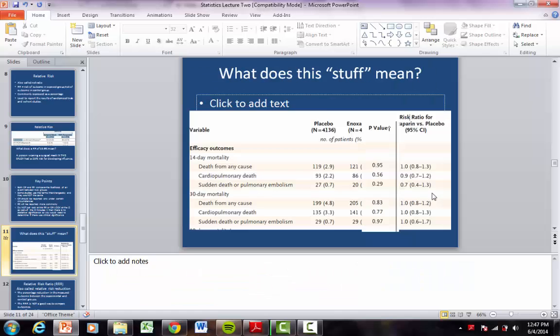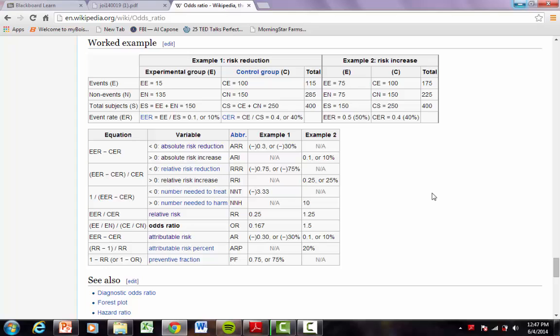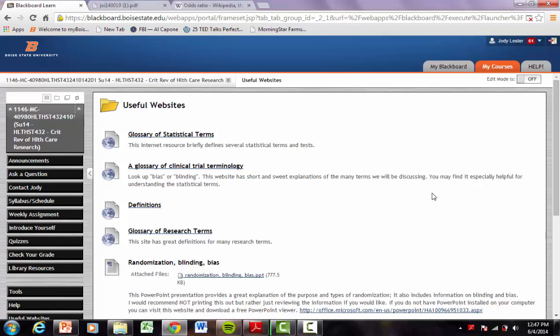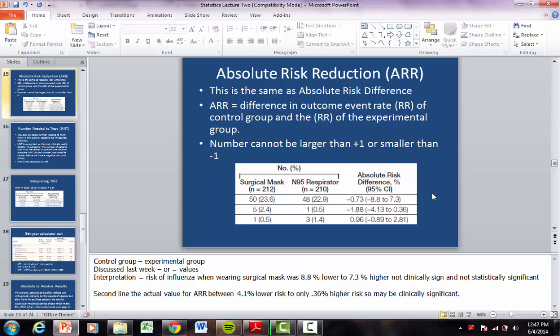And if I went to Wikipedia to figure out the math, can you see that they did absolute risk reduction or absolute risk increase, because each of those is possible? They just took the EER, and remember up here that was the events in the experimental group divided by the total number of patients in the experimental group, minus the CER, the events in the control group divided by the total participants there. Now, in this study they'd already calculated your